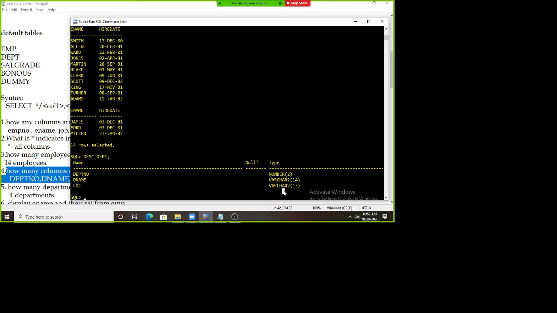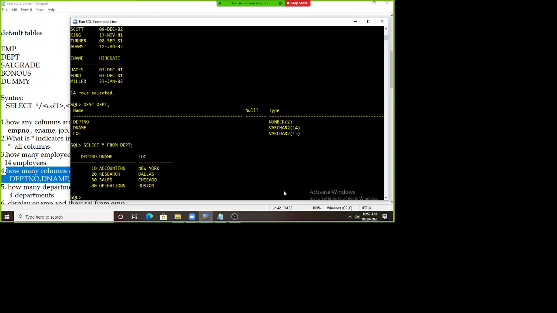So in the department table we have 3 columns, and how many records are there? Select star. Now star indicates nothing but all the 3 columns which are there in your DEPT table. How many records are there? 4 records are there. Okay. Now we are clear about what columns are there in the EMP table: 8 columns. And in the DEPT table: 3 columns, department number, department name, and location. Okay, the point is very clear. The second thing is